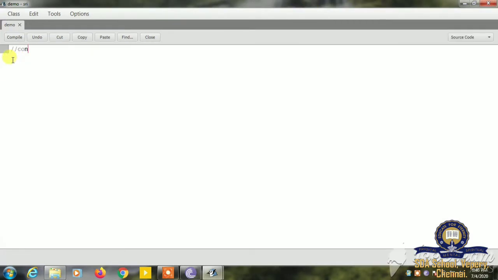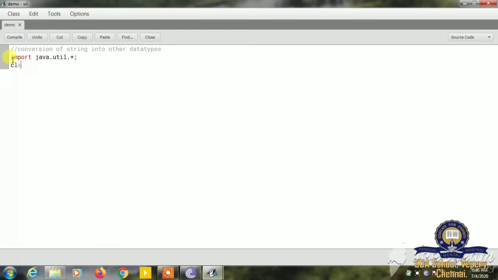It's a conversion of string into other data types. First we have to import the package. Import java.util.*.